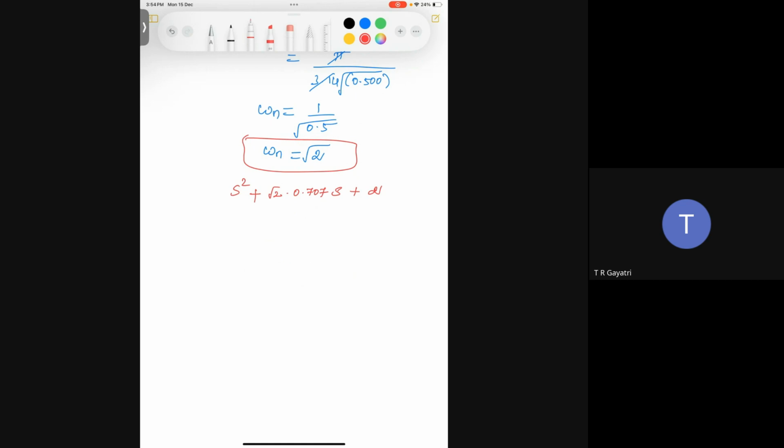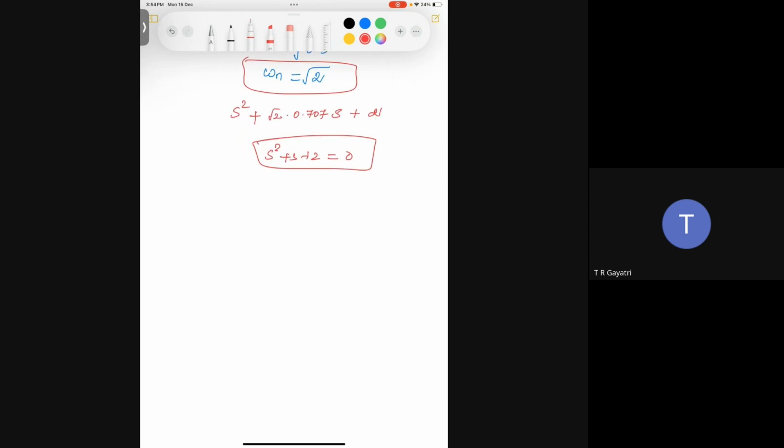Root 2 into 0.7, how much is around 0.1? s square plus 1s plus 2. So it is s square plus s plus 2, right? That's your characteristic equation. So from this, you will be able to find the